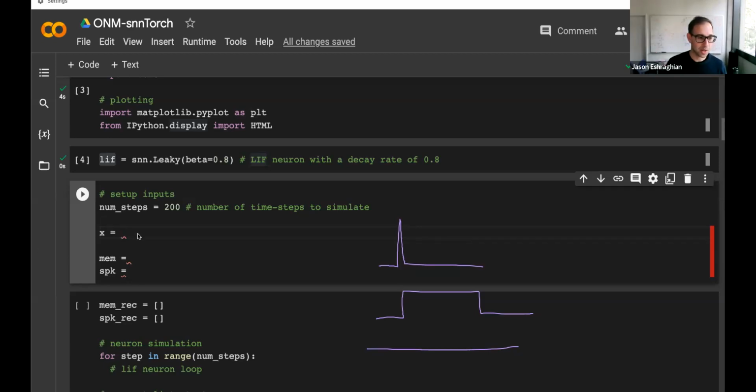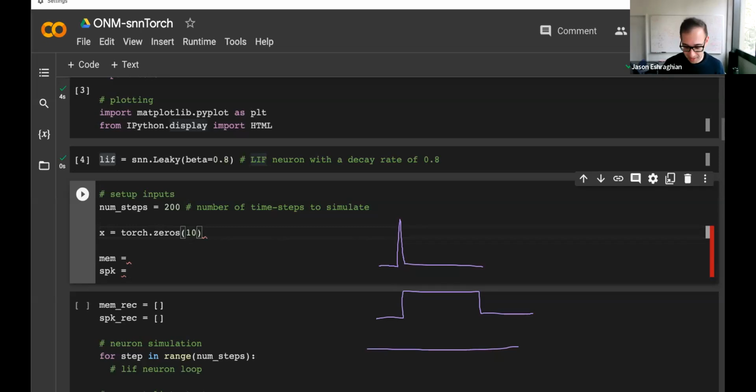Let's do a step current. Let's do this kind of step pulse shape. We have a bunch of zeros, then some higher value, and then a bunch of other zeros. So our X is going to be three tensors concatenated together. We'll start off with the zeros.